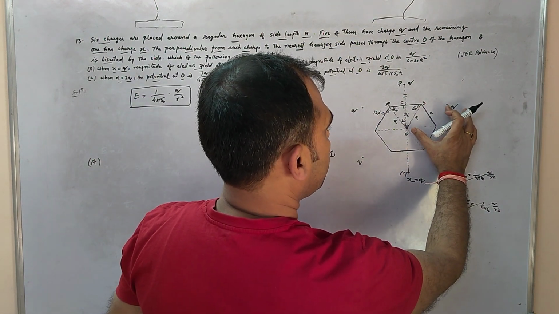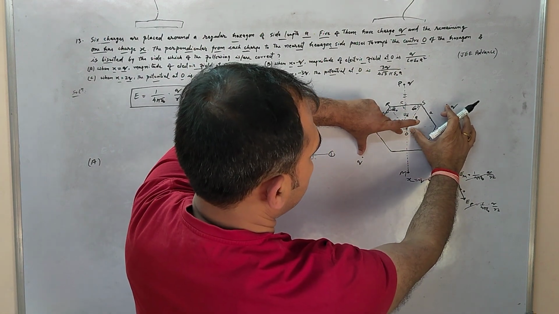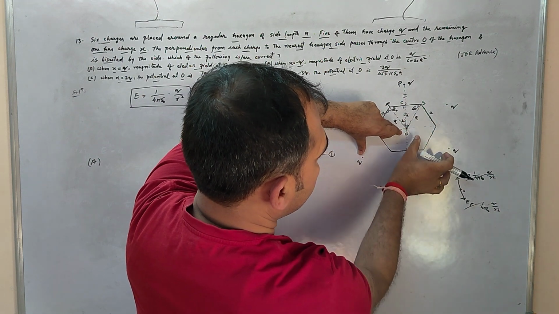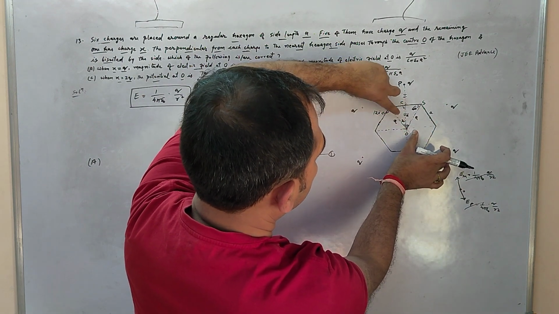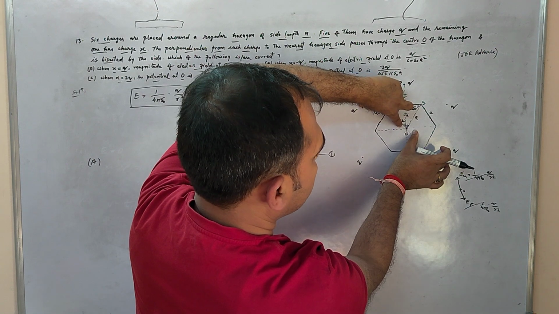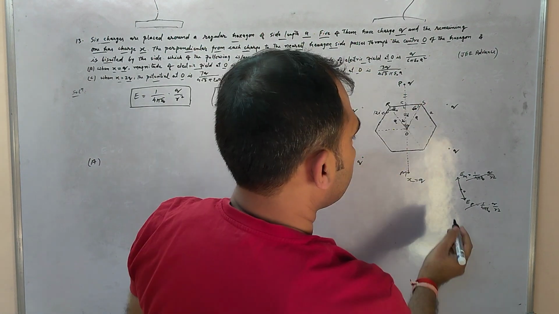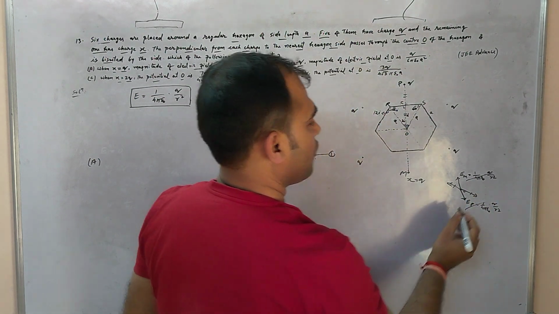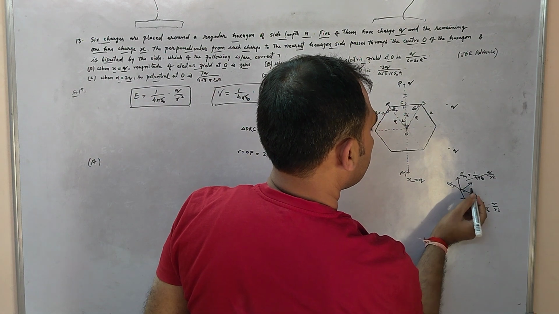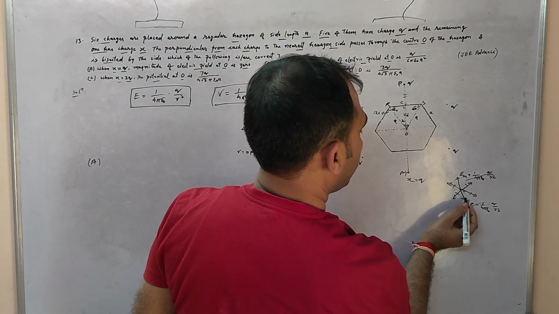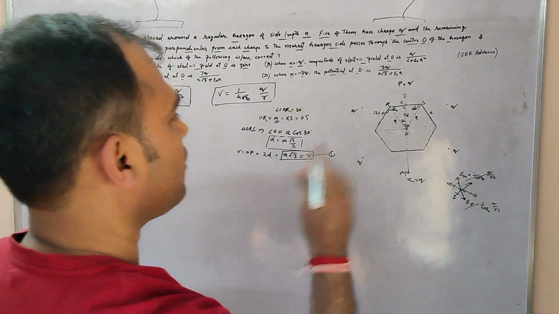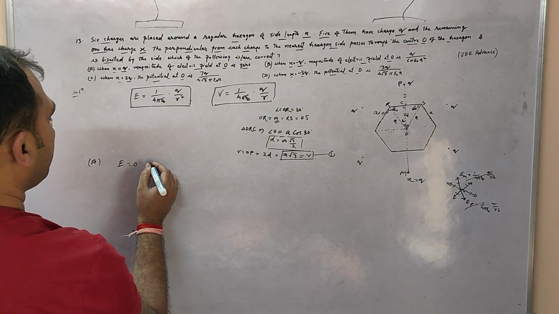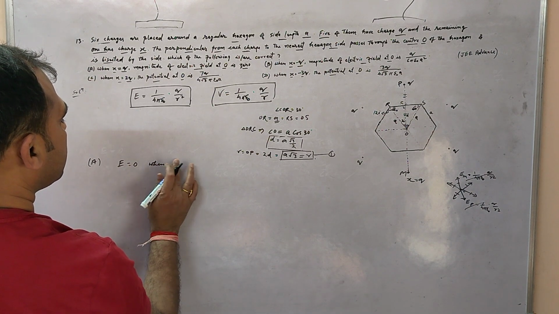Similar is the case for this point charge and this point charge. They will also equate one another. Similarly, this will nullify this one. They are the same magnitude and opposite direction. Like this, they will also cancel out. Similarly, this and this, they will also be the same magnitude, opposite direction. They will cancel out and the resultant E will become 0 when x is equal to q.